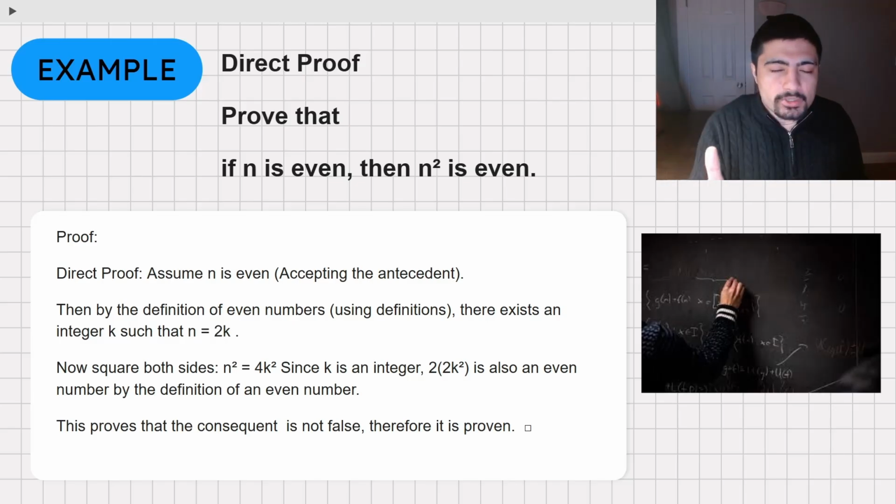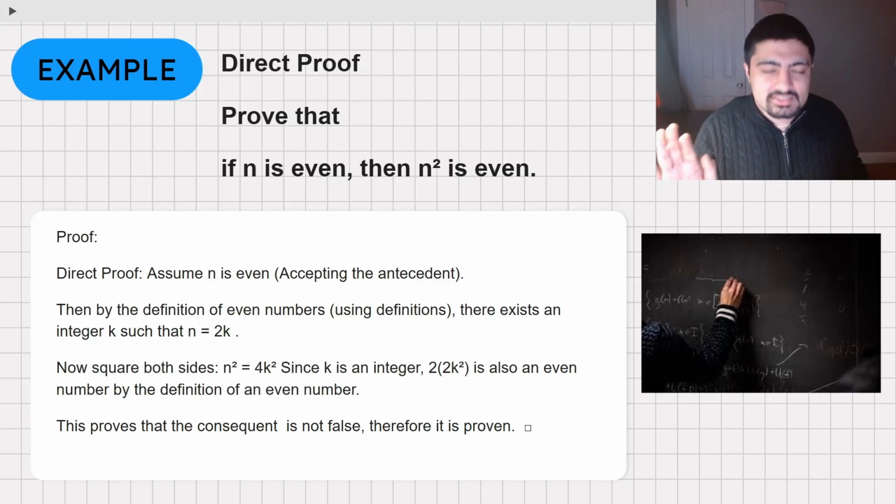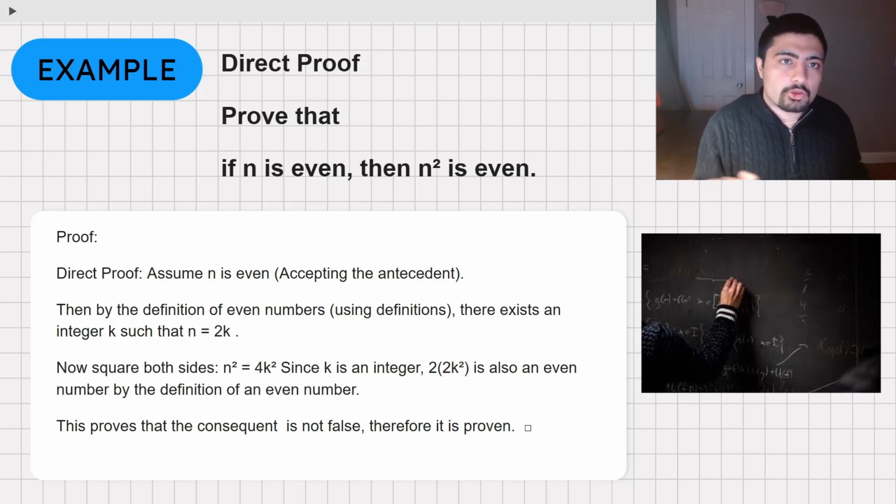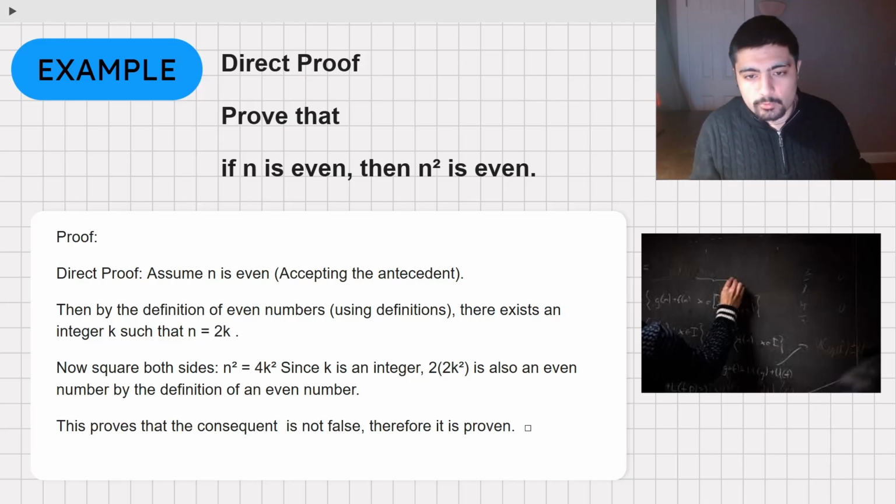But you have to always go very, very back into the definition. You want to be very exact. You cannot just say 4 is divisible by 2, therefore we have to go with the definition. That's another process. So we're going to say that since k is an integer we defined previously, 2 times 2k squared, we are just going to write that differently than 4k squared, is also an even number by the definition